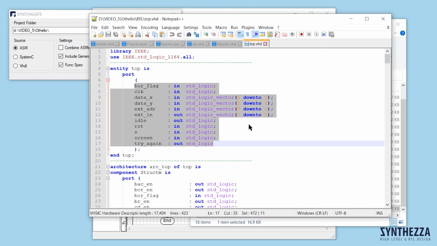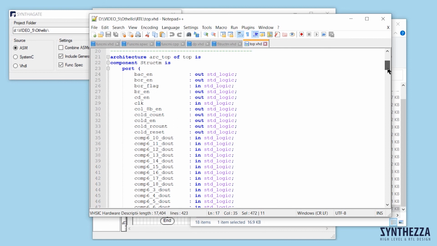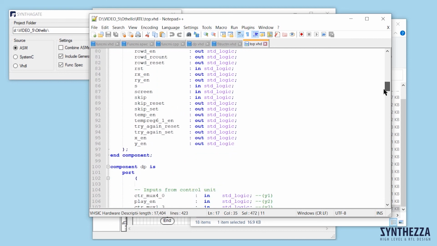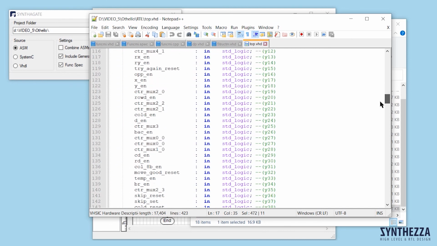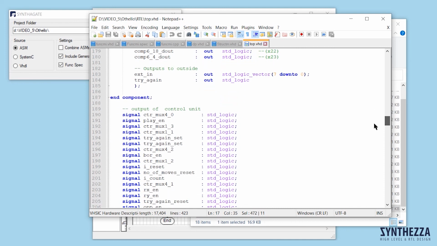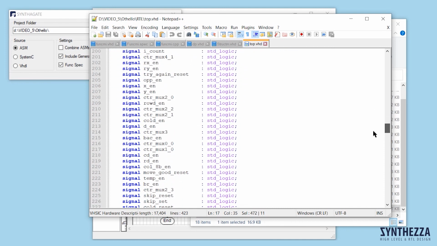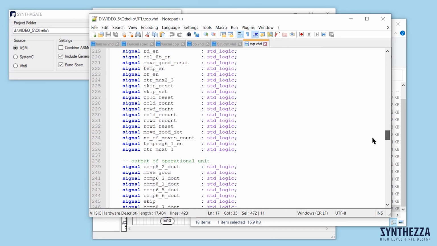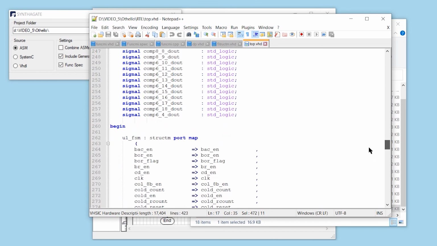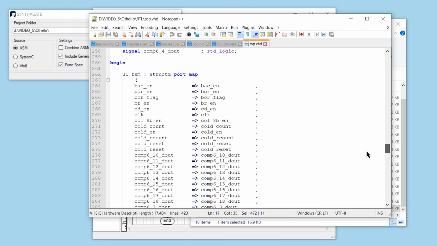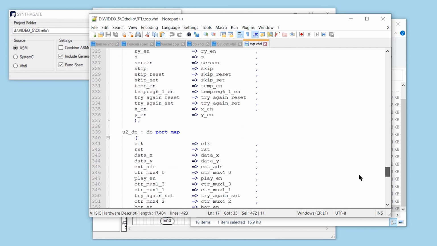Its architecture has two components, the control unit, structem, and data path, with signals connecting these components and instantiation of these two components, U1 FSM and U2 DP.